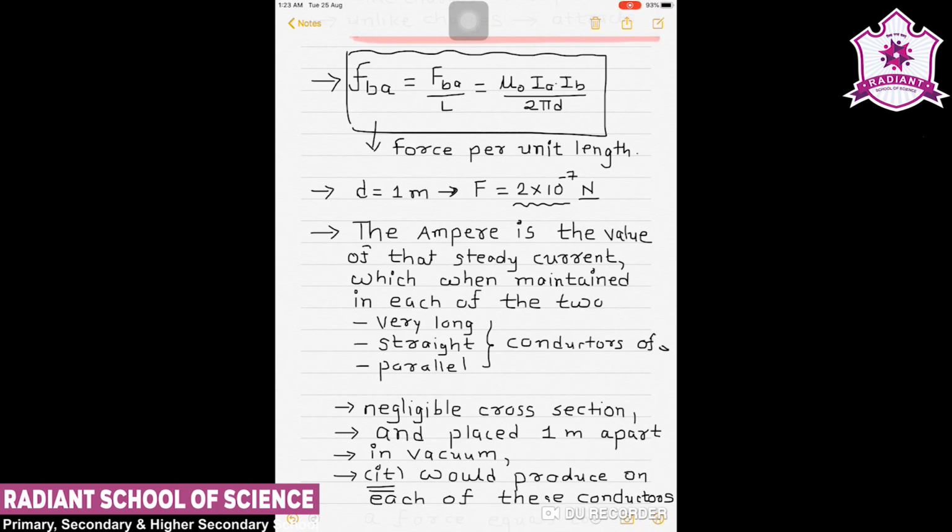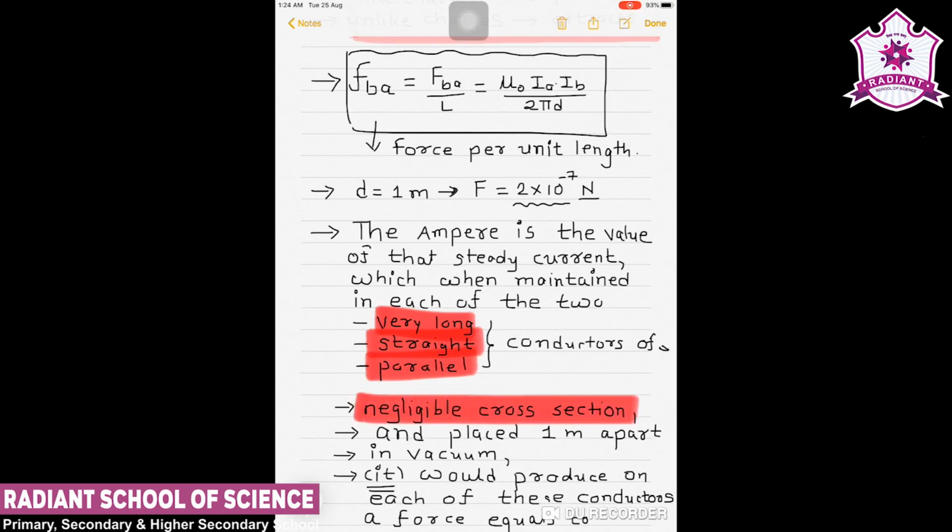So again I am repeating the definition of ampere. Please focus here. It is given that the ampere is the value of that steady current which, when maintained in each of the two very long, straight and parallel conductors of